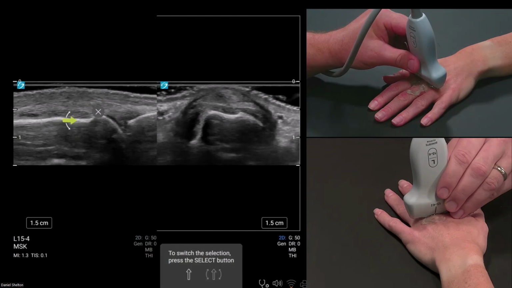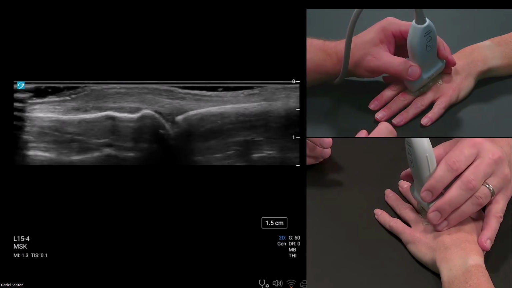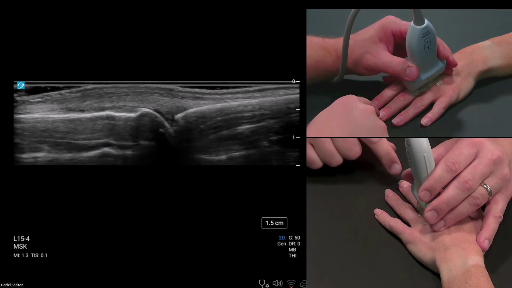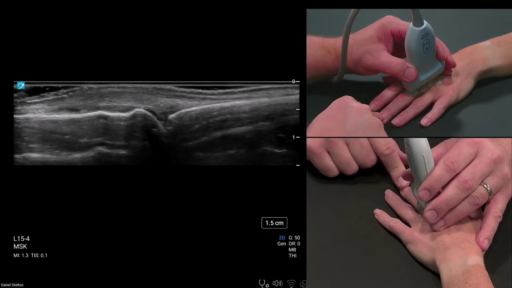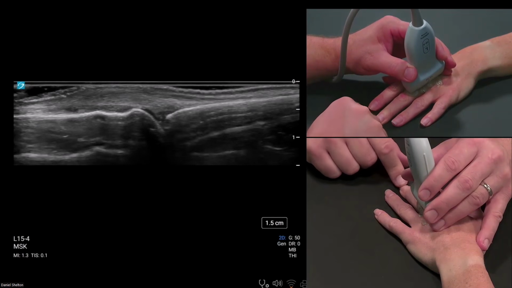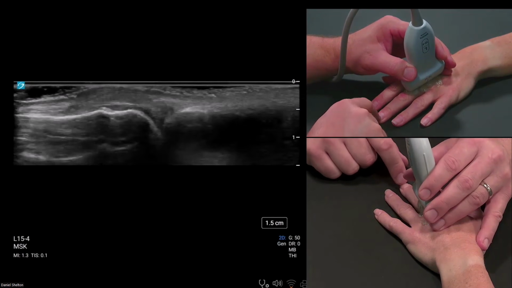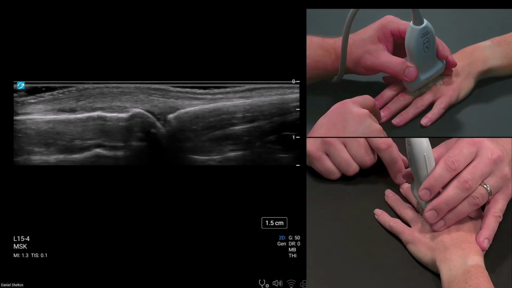So just to clarify, these homogeneous structures on top of the metacarpal notch are not related to the joint, but the joint starts here, right at the tip of the arrow. The joint capsule can make the joint capsule move. In all of MSK ultrasound, make sure you're making it move to distinguish these structures. So you can see that deep sagittal band does try to move with the extensor tendon. That's another indicator it's not a part of that joint line.